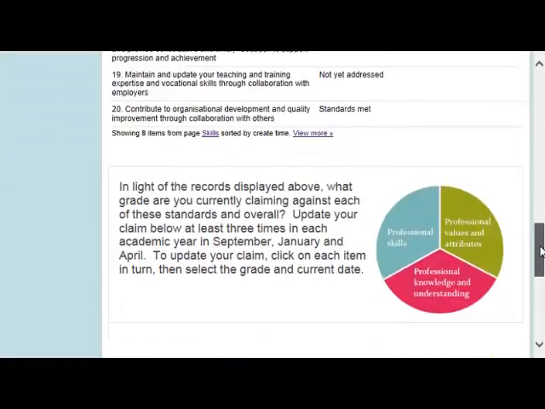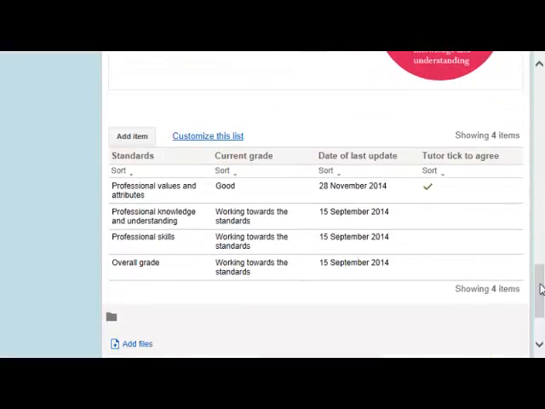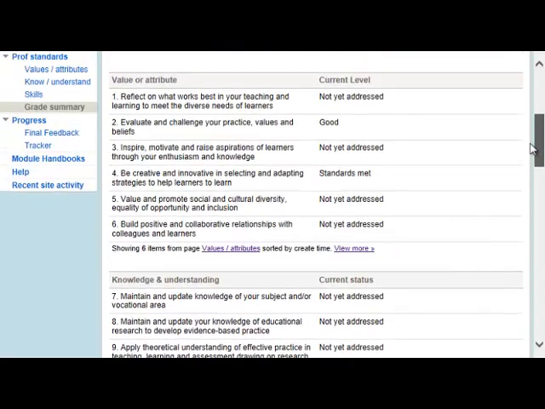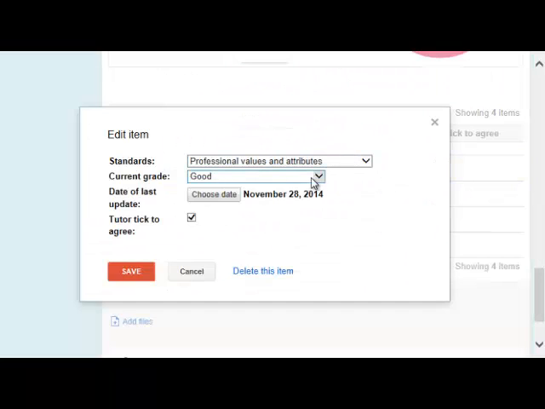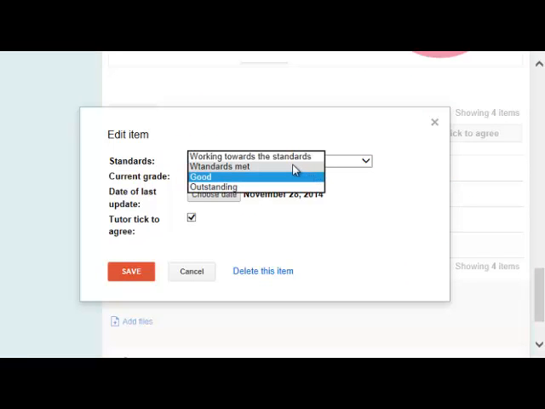So in order to record that, if we scroll to the bottom of the page, you can see that we've put here that we're good with regard to professional values and attributes. And of course that's not quite right, because we're still working towards the standard. We haven't yet addressed a number of the different standards. So what we need to do is amend that, and we need to go in and say that we're still, standards met, we've got a typo there, I'll need to correct that later, but we're still working towards the standards